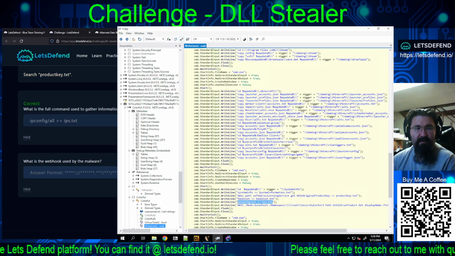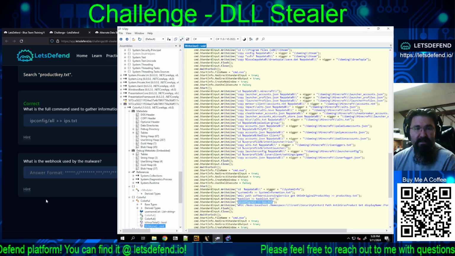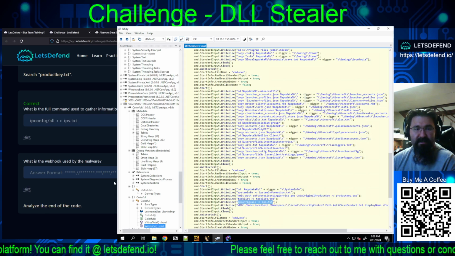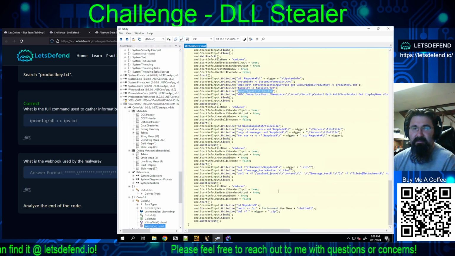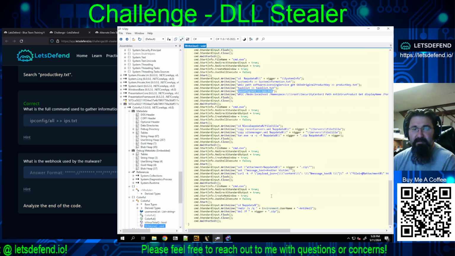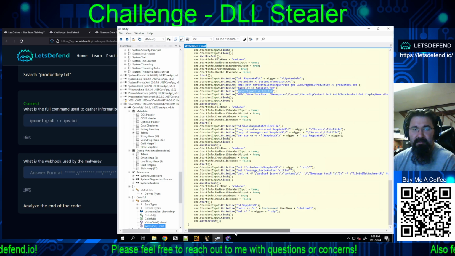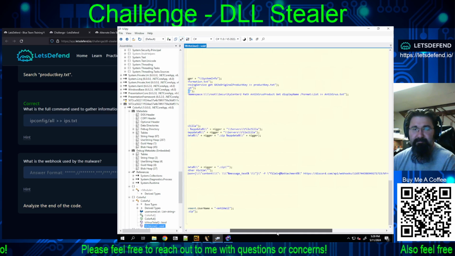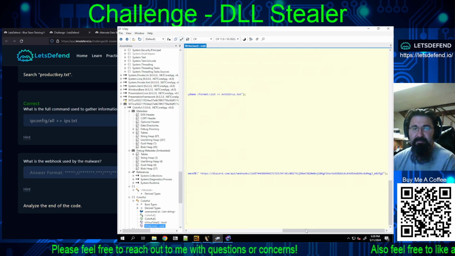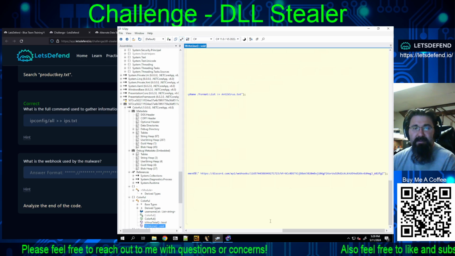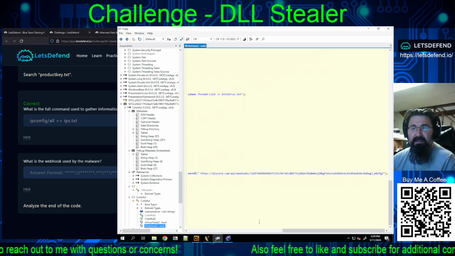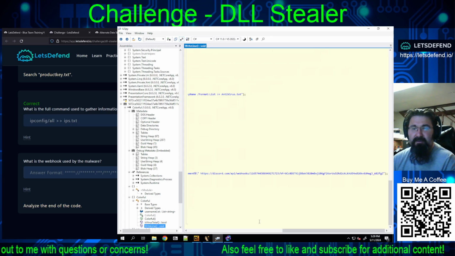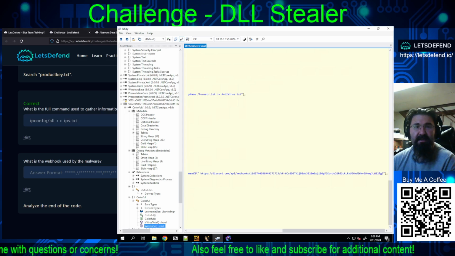Oh, what is the webhook used by the malware? Something tells me this is going to be something for Discord, isn't it? Analyze the very end of the code. Yeah, there's our webhook. So discord.com/api/webhooks/11657, ending in W82FGZ,